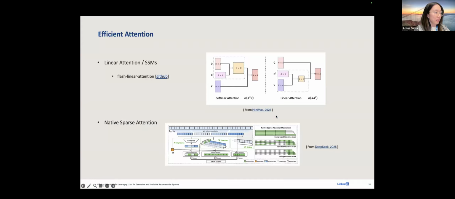The softmax attention is a staple in transformer architecture, but it comes with a quadratic computation and memory complexity with respect to your sequence length. And this is actually posing a very significant challenge for processing very long context. While efforts on efficient kernel redesign, such as flash attention, mitigate this bottleneck,